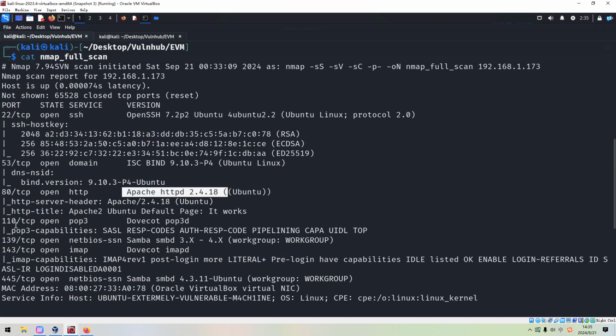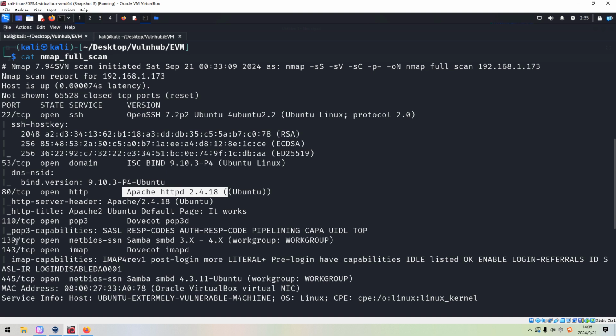And the next one is 110, which is running POP3. As you know, this service normally is used by the mail reception protocol. But anyway, we can put it aside for a while.